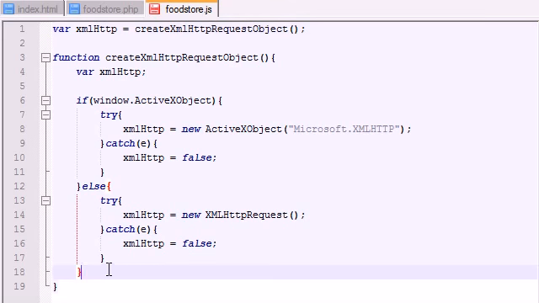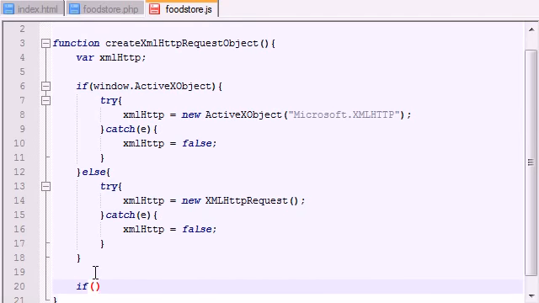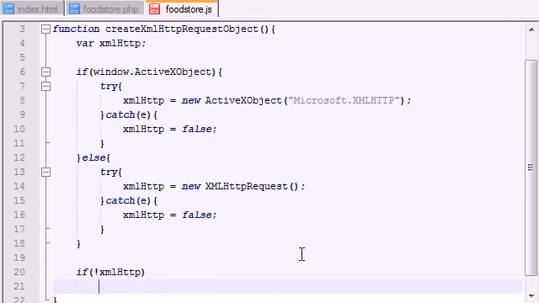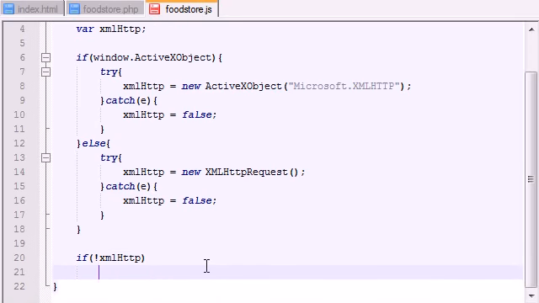So now go ahead out of your if-else statement, and what we want to test is if that was set to false. How can we do that? Well, we can say if not xmlHttp. Whenever you set a variable equal to this object, it's going to return true if it did it successfully. If not, or if you had one of these errors, it's going to return false. So if you couldn't set the object, then we just get an alert